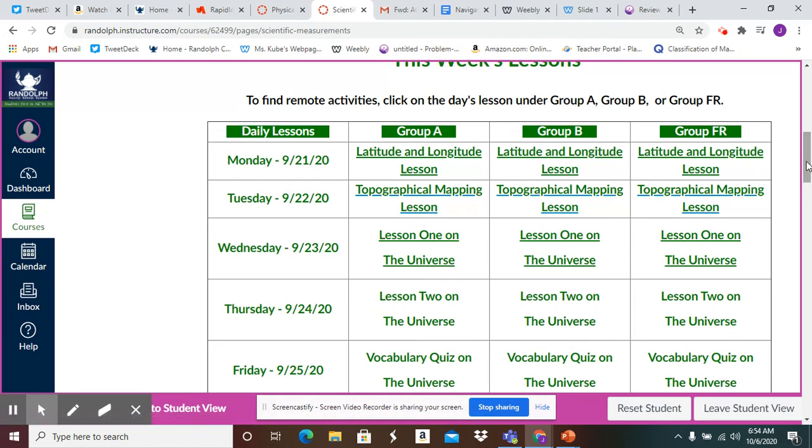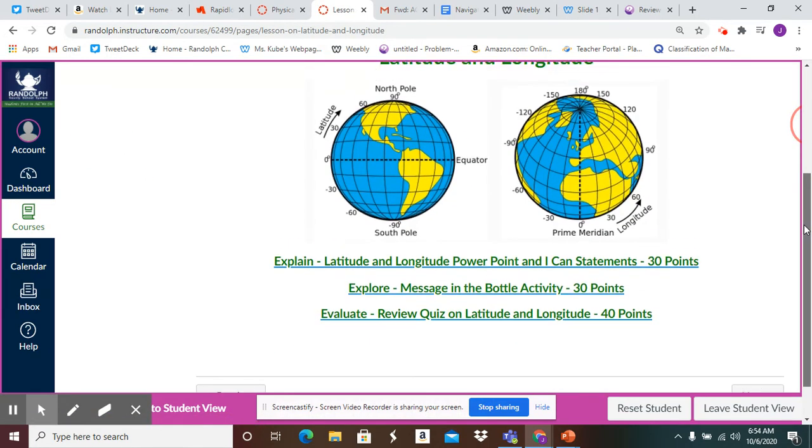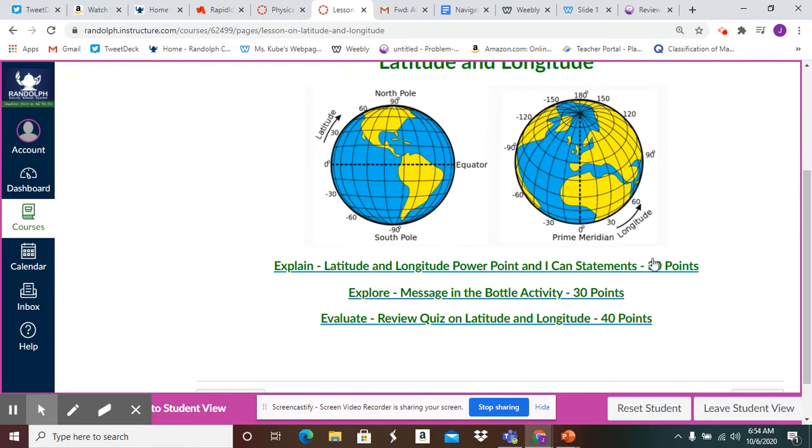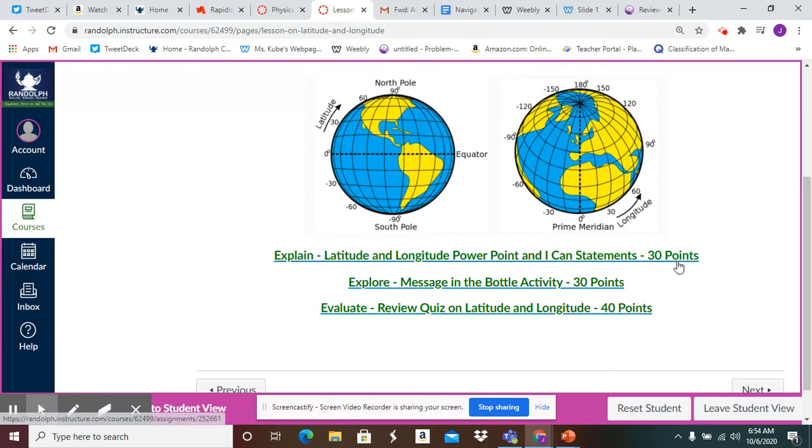All right, so when they click on a daily lesson, just click on this one, it'll take them to that day's lessons page. All right, and so for this day on latitude and longitude, there were 3 activities. If you notice, all of this adds up to 100 points. And so in PowerSchool, it'll just be listed as lesson on latitude and longitude. And it's made up of these 3 activities. One is a PowerPoint where they read the PowerPoint and type in I can statements. The second one was where they were doing